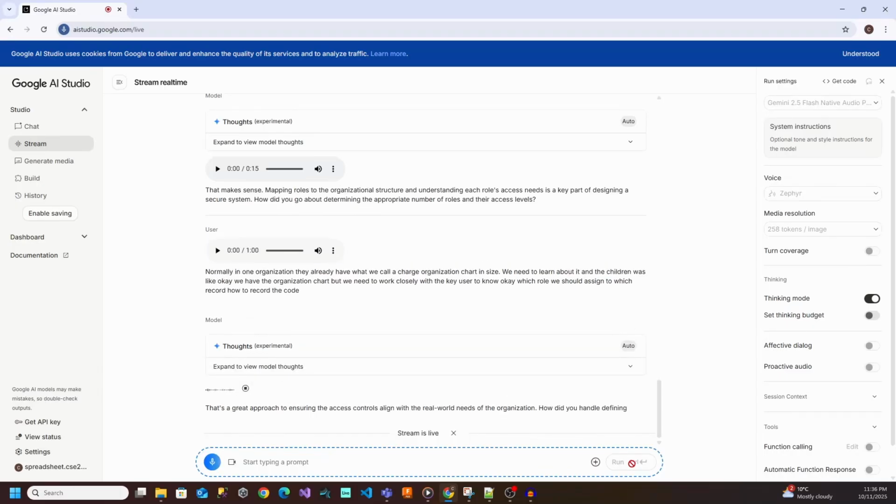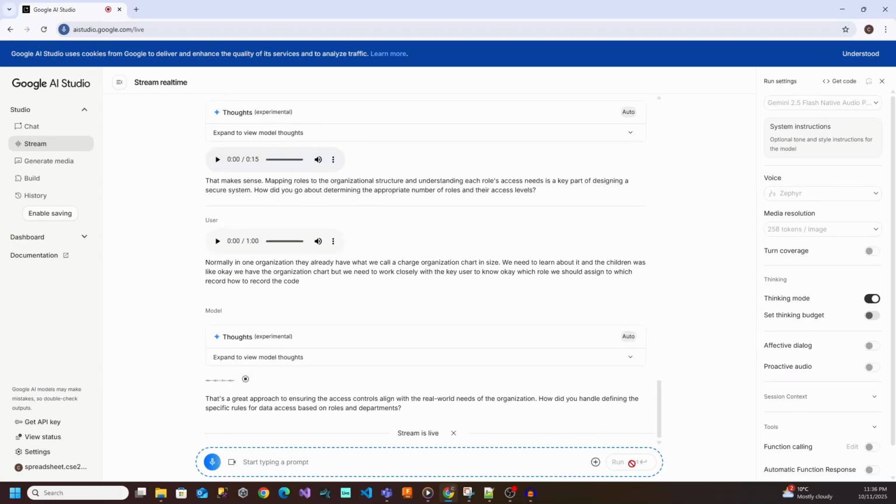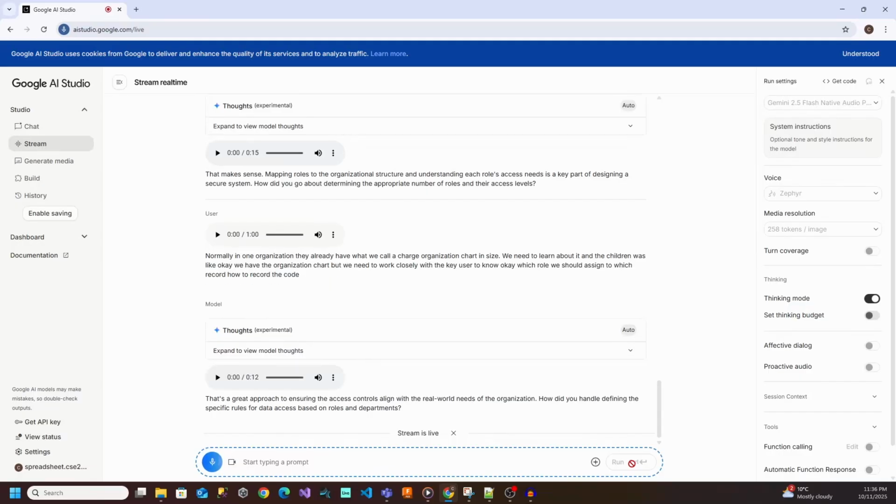That's a great approach to ensuring the access controls align with the real world needs of the organization. How did you handle defining the specific rules for data access based on roles and departments? For access to the database, we use what we call the built-in system of the cloud-based system. They already have an out of the box role design inside. We need just to adapt the real organization chart to fit into the roles that are already designed in the cloud-based